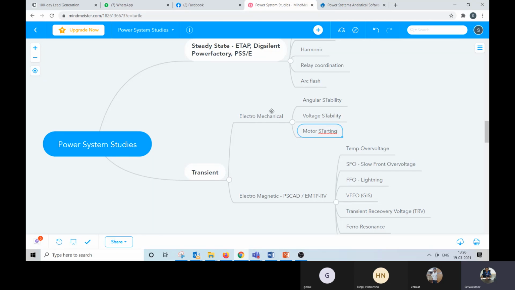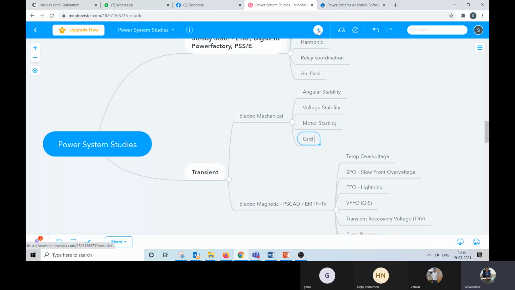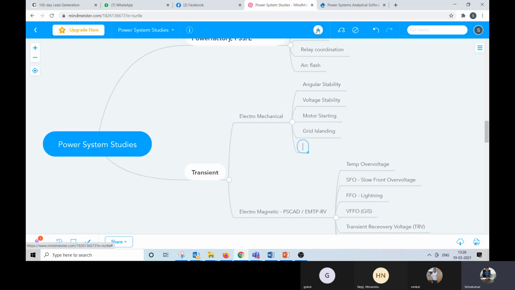That's another example of electromechanical. If you go a bit more in depth, grid islanding and load shedding, all those things come under electromechanical transients.